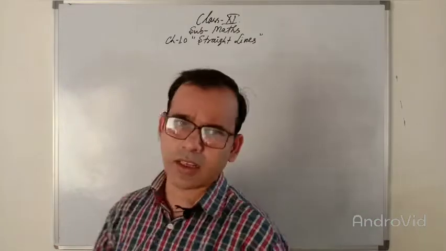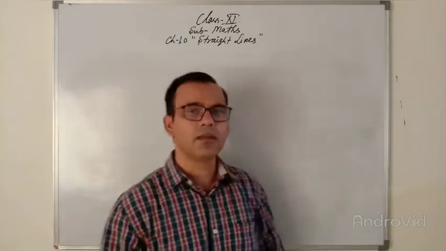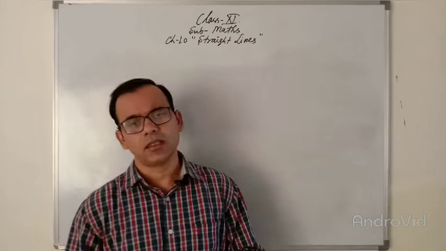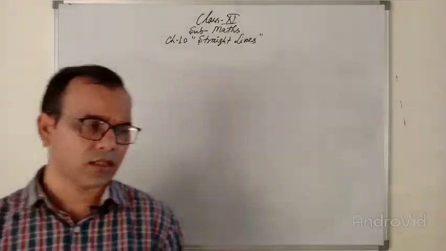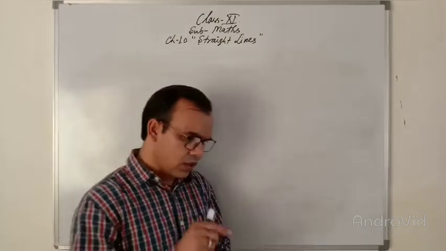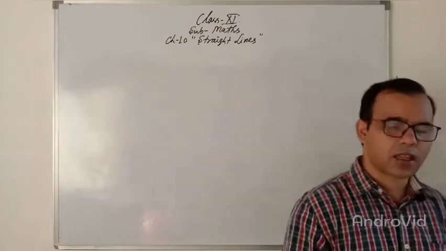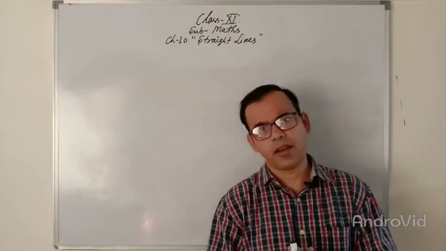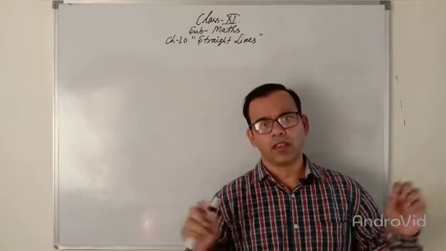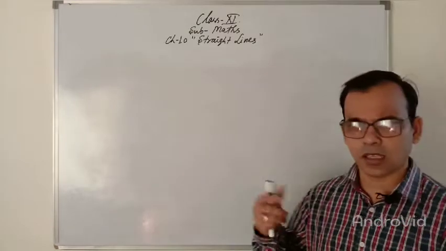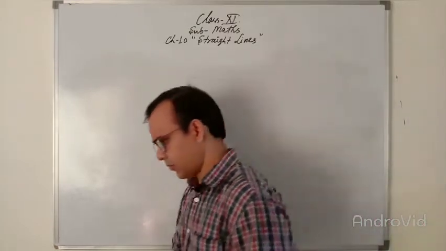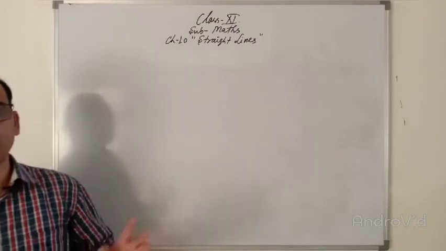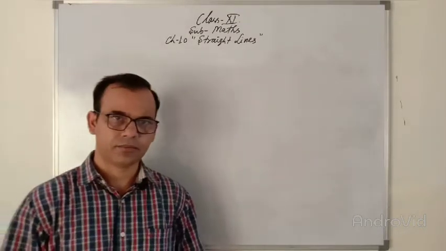In the case of externally, the minus sign will be there, you know it very well. I am just recalling what we had studied in class 10th. And using this section formula, we get the coordinate of the midpoint joining the 2 points A and B: x1 plus x2 upon 2, y1 plus y2 upon 2. And also the area of triangle.